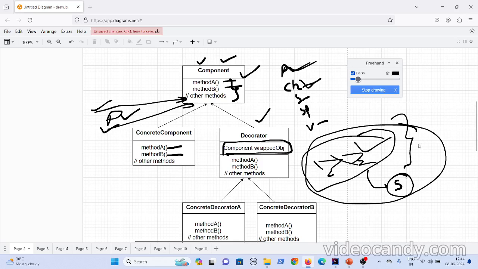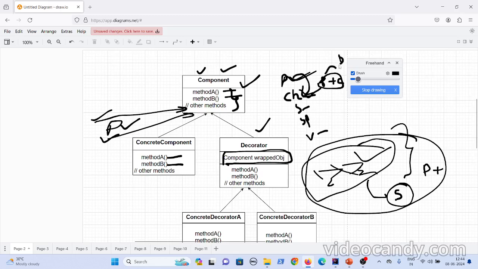Now let's say you should not give a plain pizza. If you give a plain pizza to the sauce, you will get a pizza with sauce. But here it's not so. It depends on the order you are decorating the items. First I give pizza to cheese, and cheese is added on top of pizza. Now you'll have pizza with cheese burst. Now this should be given to sauce decorator. What it does is on top of this it will add the sauce.